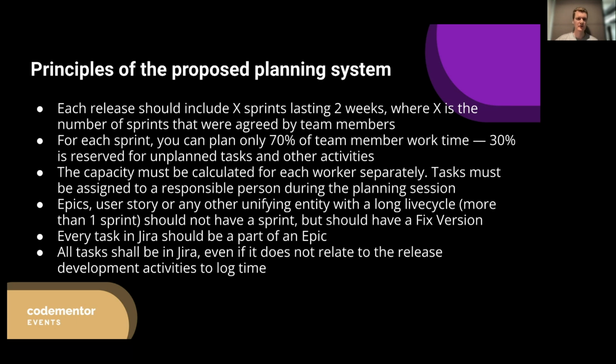Epics, user story, or any other undefined entity with a long life cycle should not have a sprint at all, but should have a fixed version. Here we're touching the things that are more correlated with Jira, and overall my description of this planning system will be based on my Jira experience. But for those who don't know what that is or don't have experience with Jira, Epic is just